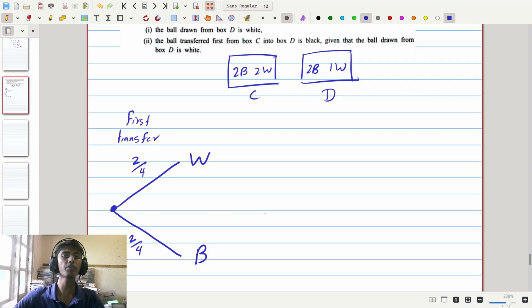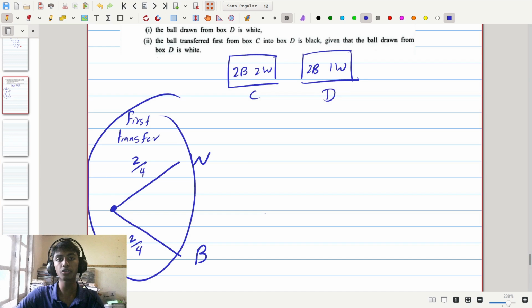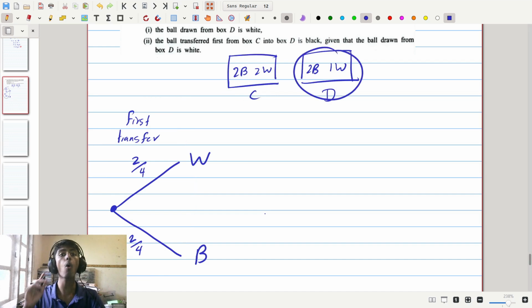Now after that, when we choose that ball and put it into box D, we then need to take a ball randomly from box D and transfer it back into box C. Now when we do this, this event is actually dependent on the previous thing that we did, because when we take the ball first from box C and transfer it to box D, we are altering the contents of box D, and therefore we are changing the probabilities of the things that could happen when we take a ball from